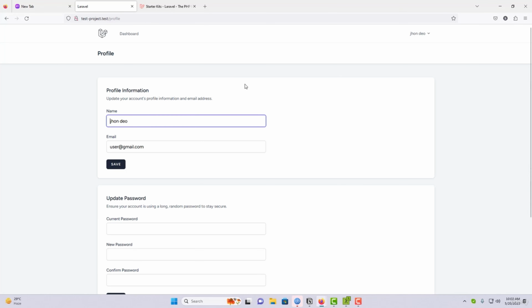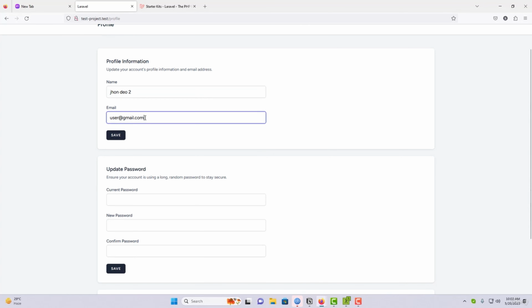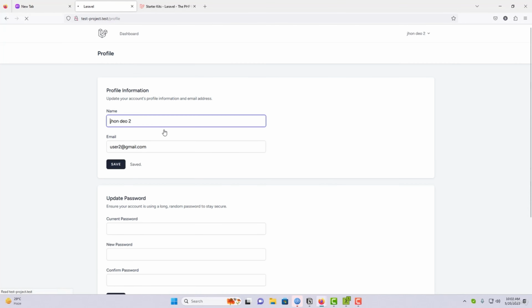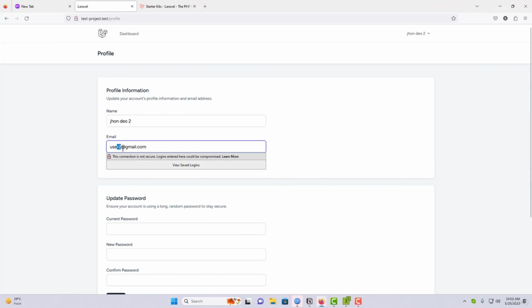Okay, and all of the features are working fine by default. Like if you want to change the name of the user, I'm currently logged in as John Doe, right? If I want to change my name, I add it and click on save, and it will update my name. If I want to update my email also, I can add user2@gmail.com, save, and it will update my email instantly. As you can see, now we can see